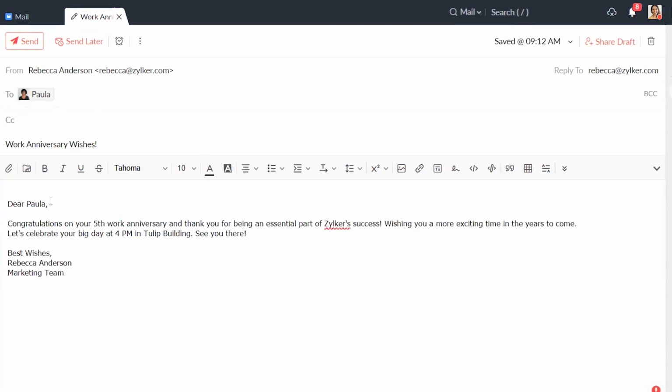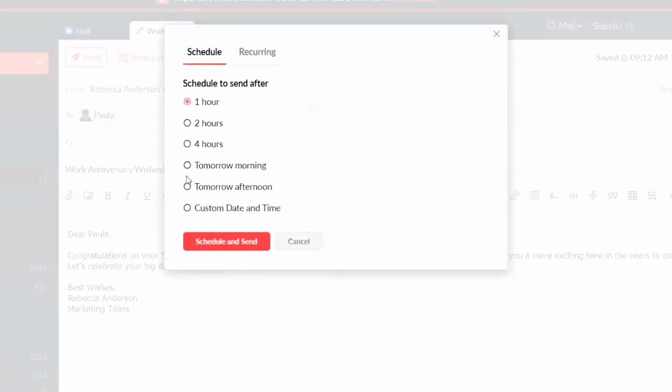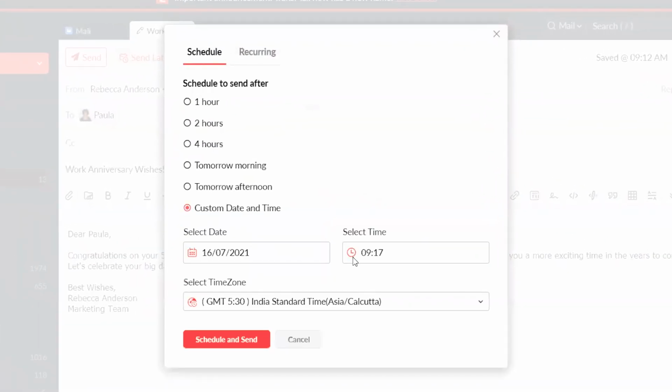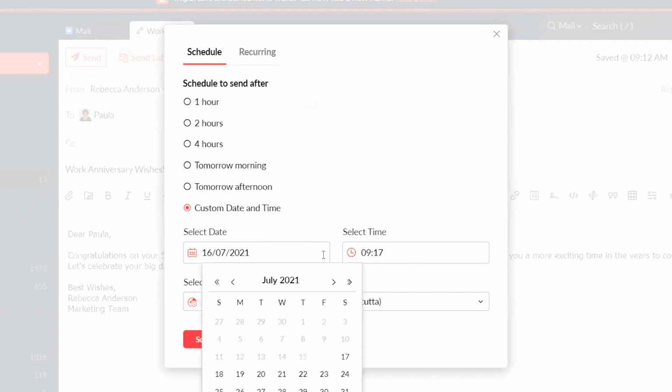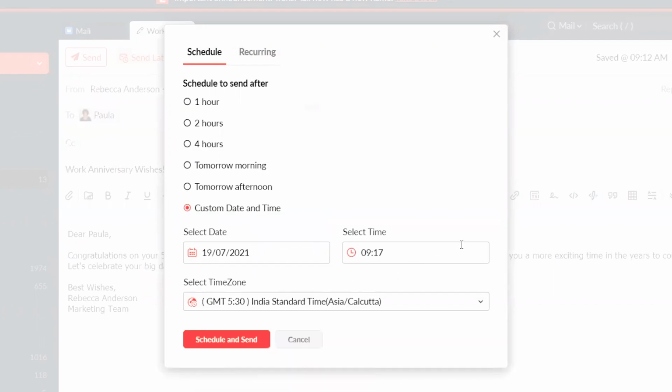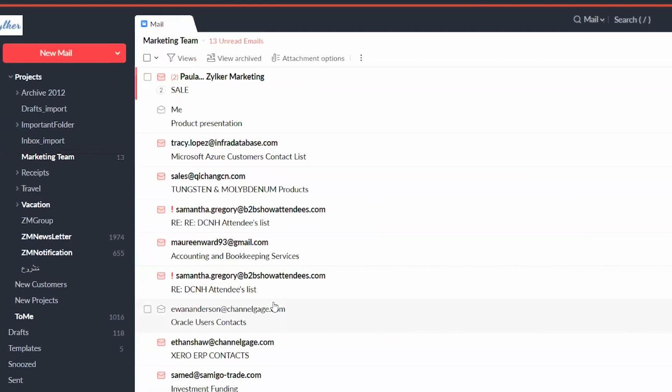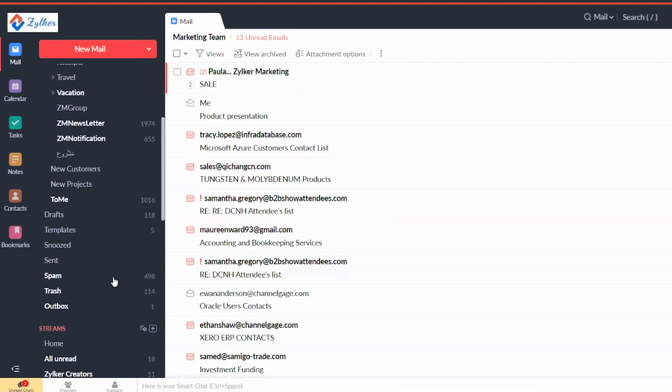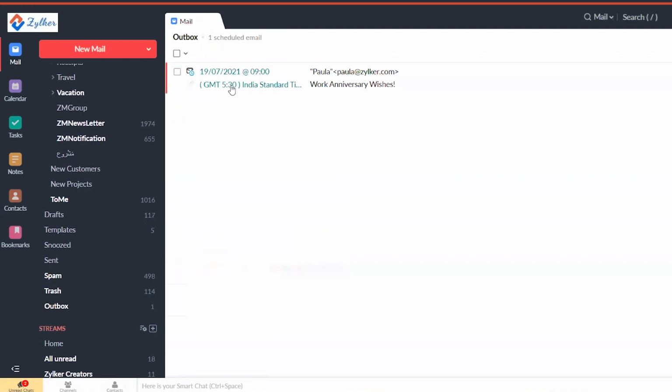To schedule your email for a later time, click Send Later. Select a suitable time, say an hour or two later, or a custom time to send the email, and click Schedule and Send. Once the email is scheduled, it will appear in the Outbox folder and will be sent at